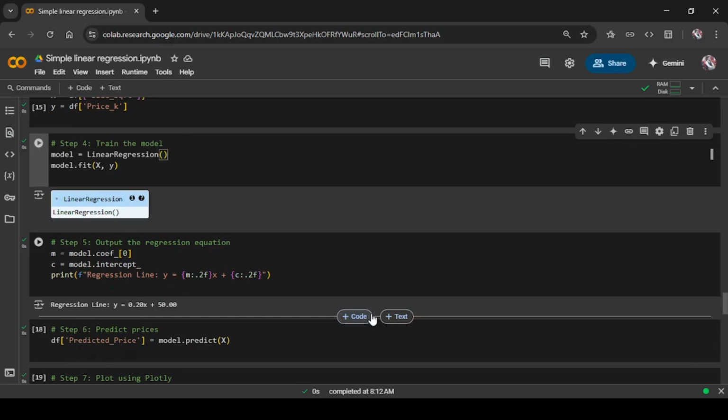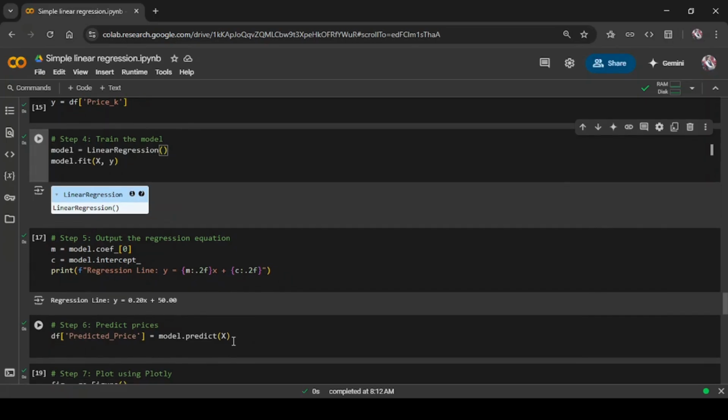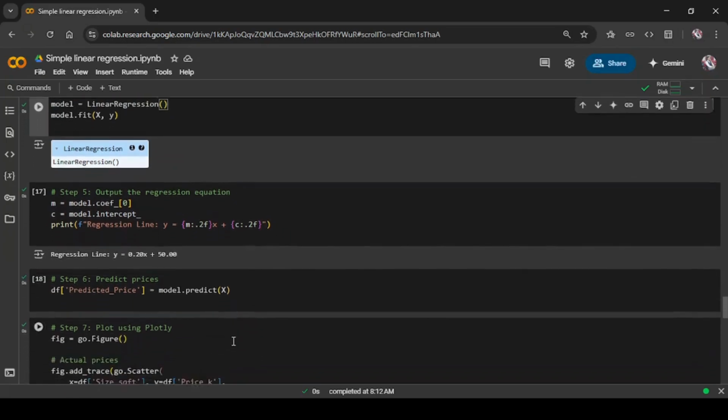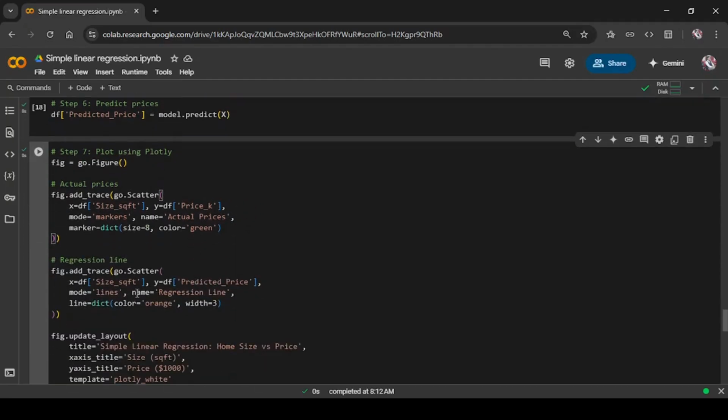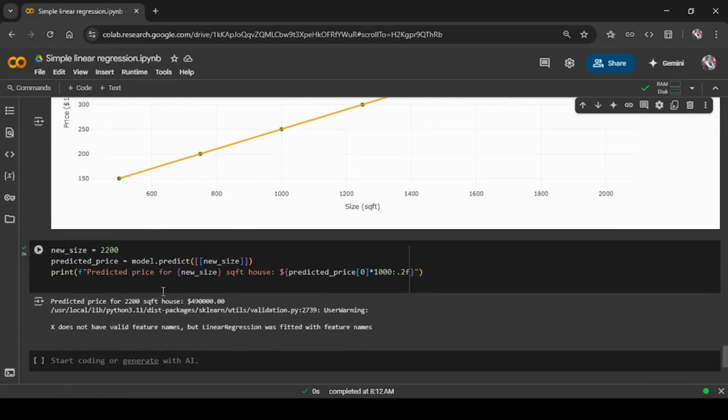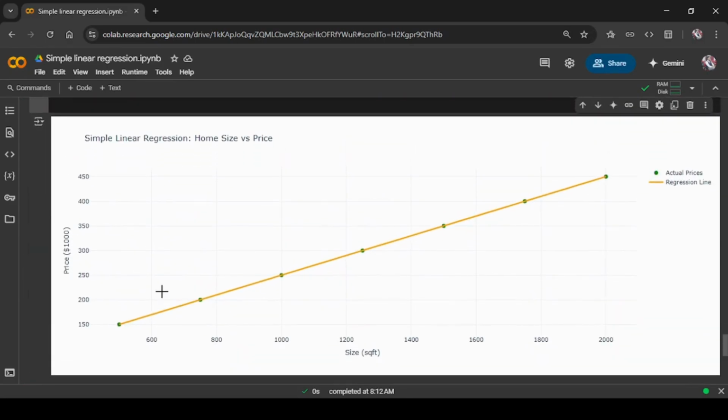Here I'm going to predict the house prices, and this is the code using Plotly. In this code, you can see that if the size of the home is